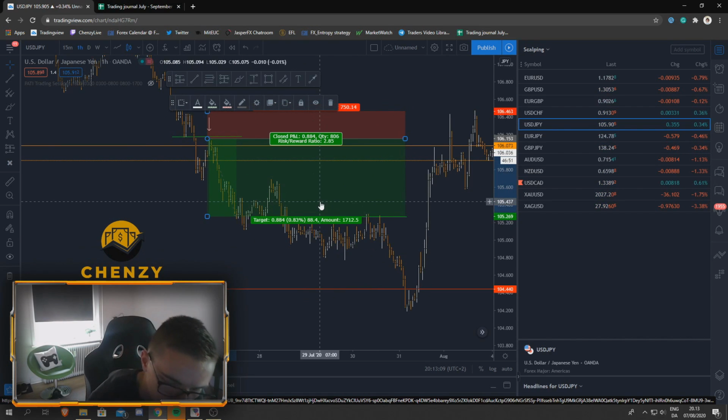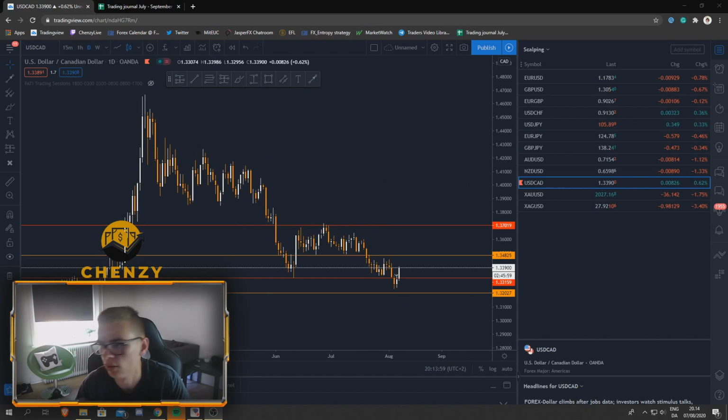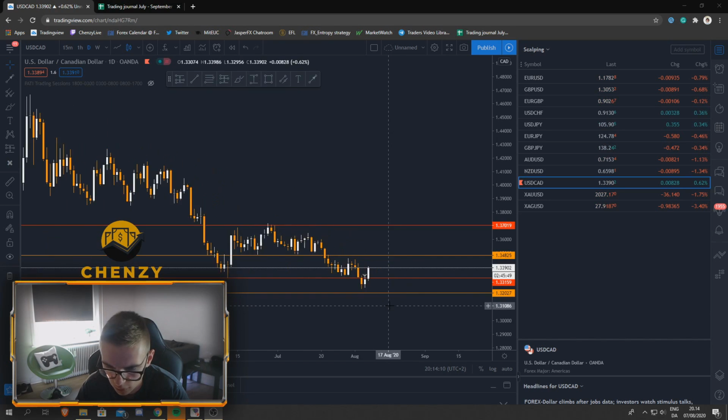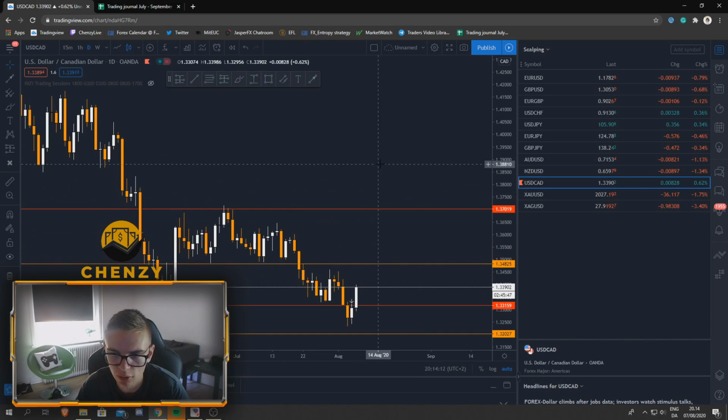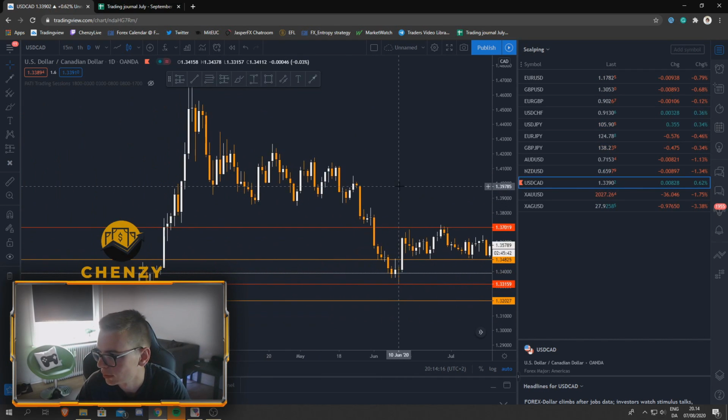Okay, so that was a short scenario. Let's move on to the next one. Okay, so for this one I'm going to show a losing trade that I took yesterday actually. So this is on the dollar CAD, and as you can see on the daily time frame,